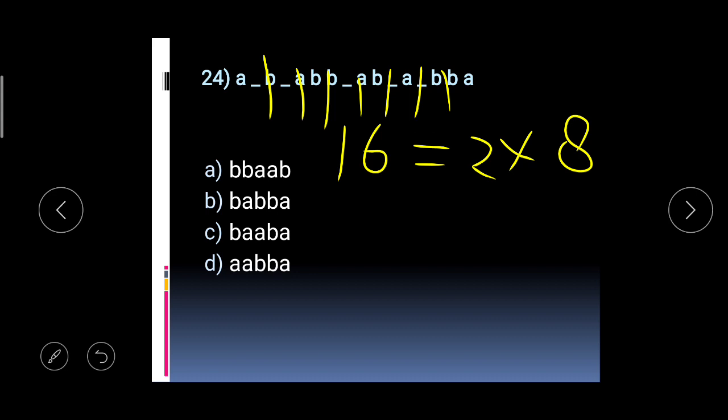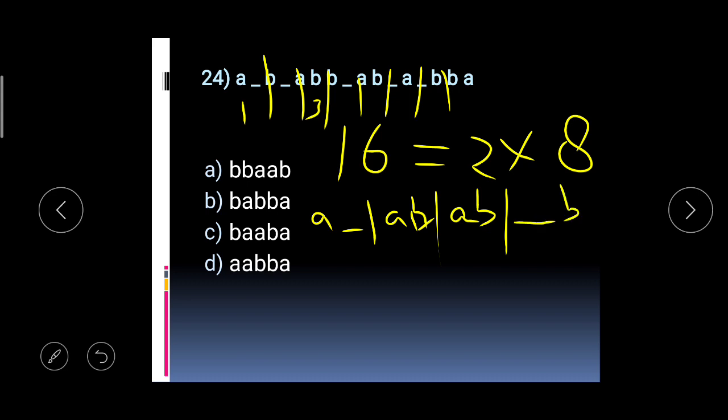Okay, so I'll just try to explain. So this is what I'm writing, the alternate terms. A dash, then I'm writing the alternate. This is 1, and then I'm writing the 3. That is AB. Then I'm writing the alternate AB. Then I'm writing the alternate, that is dash B. And then I'm writing the alternate, that is finished.